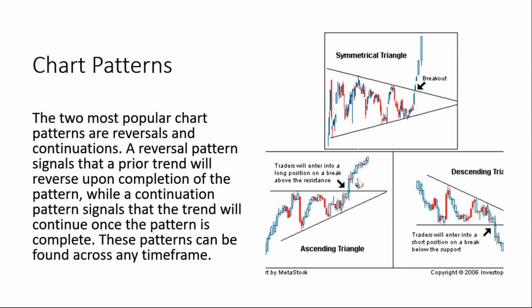Okay, now we have whole classes in chart patterns. We have whole classes in triangles. There's a whole bunch of mathematical calculations on how to use a triangle, all based on the width of this triangle to determine when it breaks out, because when it breaks out of a triangle, the asset will have momentum to carry it in that direction. So in this case, we're looking to see which way the breakout is. Breakout is when it leaves the triangle. When it breaks out of that triangle, you can calculate the momentum it will have.